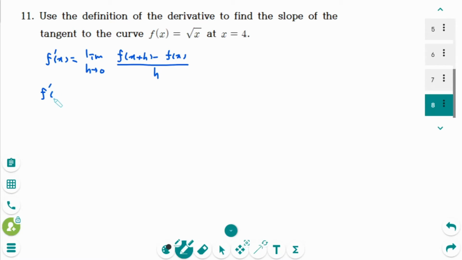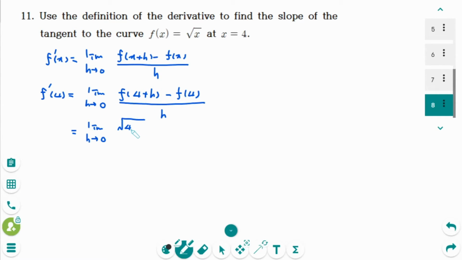Then f prime 4 equals limit as h approaches 0, f of 4 plus h minus f of 4 over h, equals limit as h approaches 0, square root of 4 plus h minus square root of 4 over h. Then limit as h approaches 0, square root of 4 plus h minus 2 over h, then times the conjugate